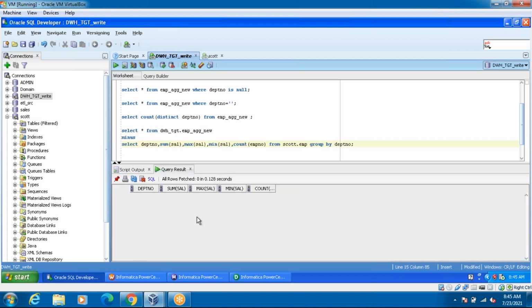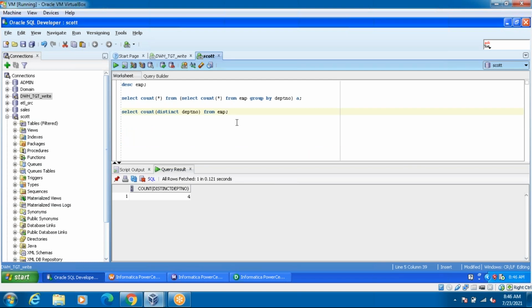See, exactly it is matching. Exactly it is matching. Here you have to observe one thing. The data is exactly matching, but you have to think in a different way here. If you go to the source data, EMP is there.